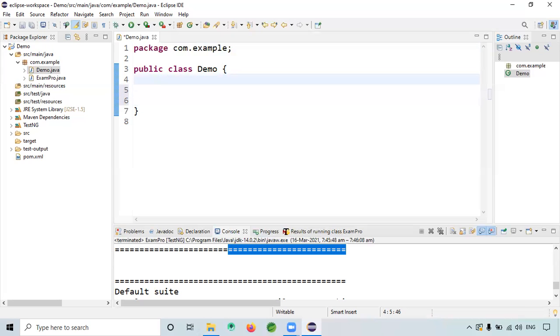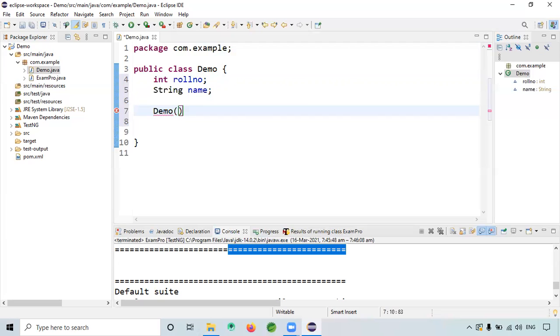Why do we require this keyword, and what is the major problem if you don't use it? Let's say I have an int roll number here, a String name, and a constructor, the demo constructor.